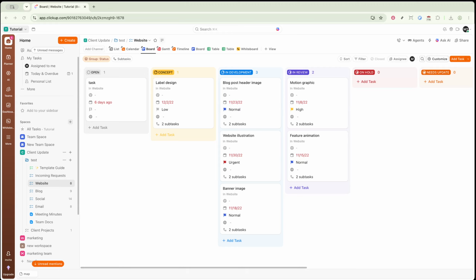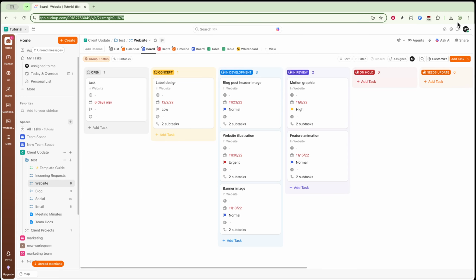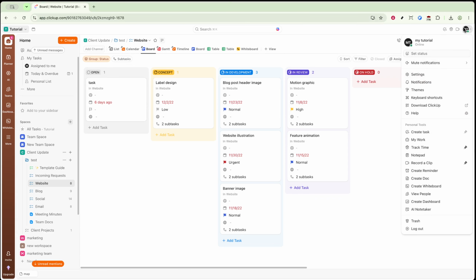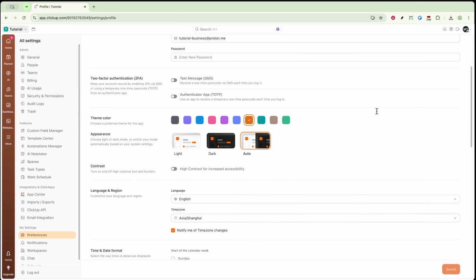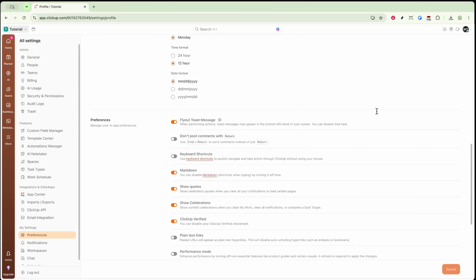Let's dive in. First, start by clicking on your profile avatar in ClickUp. This is usually located in the top right corner of your screen. Once you're there, navigate to the Settings menu and then select Notifications. Here you'll see all the available notification channels, like desktop, email, and mobile. Make sure to enable the ones you actively use. If you're not receiving alerts, this is a great first step to ensure the notifications are turned on for the